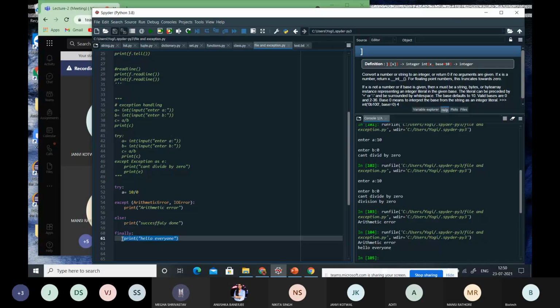Finally, this is the only purpose of this one. So any compulsory statement you want to give at the end of the program or anything else, you can put into the finally block and it will be in the output.